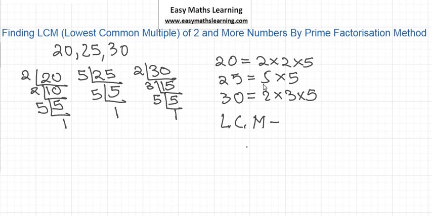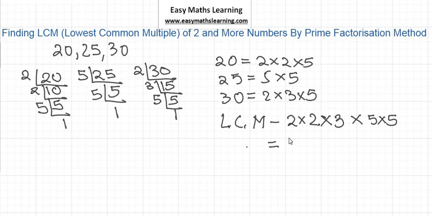As we all know, we have to consider the highest occurrence of the divisors. So I consider 2 two times. 3 occurs only once while dividing 30, so I consider 3 once. Then I see that 5 has occurred 2 times while factoring 25, so I consider 5 two times. Now let us multiply these numbers and get the LCM. So 2 times 2 is 4, 4 times 3 is 12, 12 times 5 is 60, and 60 times 5